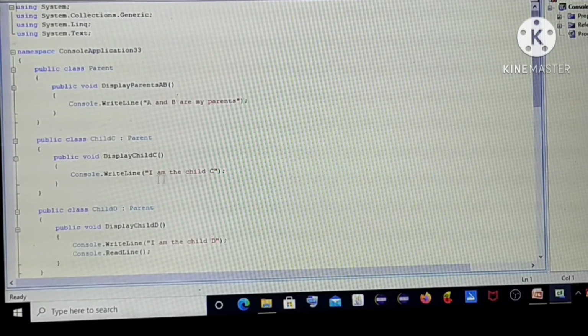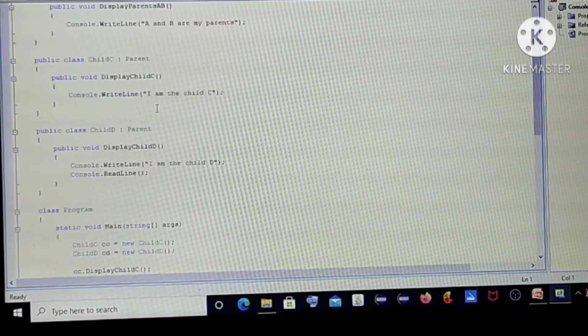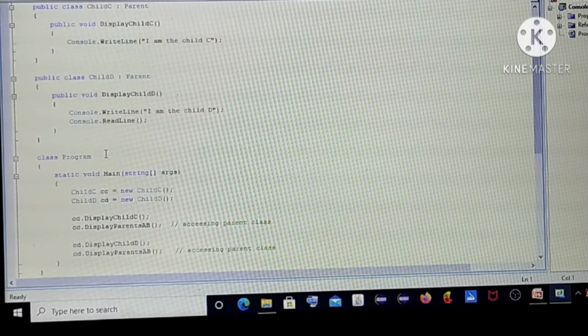First, this has been executed: I am the child C. Since we have created two objects here, CC is an object for class child C, and CD is an object for class child D.